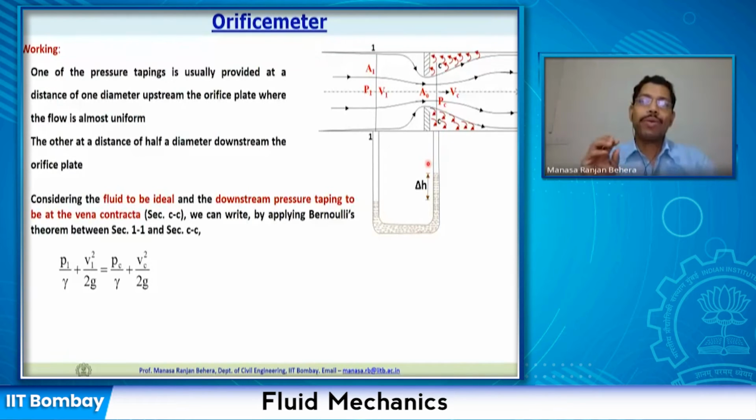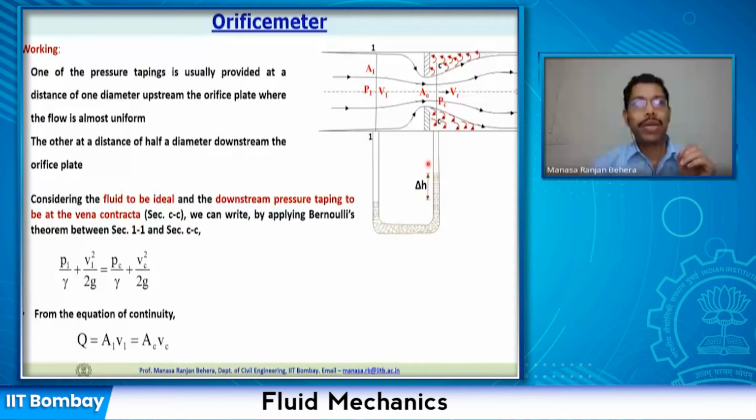All right. Now, here we assume that the Z is at the same level. So even if Z is considered, it is not going to affect. Okay. So Z is not taken into account. Now, after this equation, we know that from the continuity equation, A1 V1 equals A2 V2. So instead of velocities, we'll use the area. Okay. So you apply the continuity equation where you say that A1 V1 equals Ac Vc.